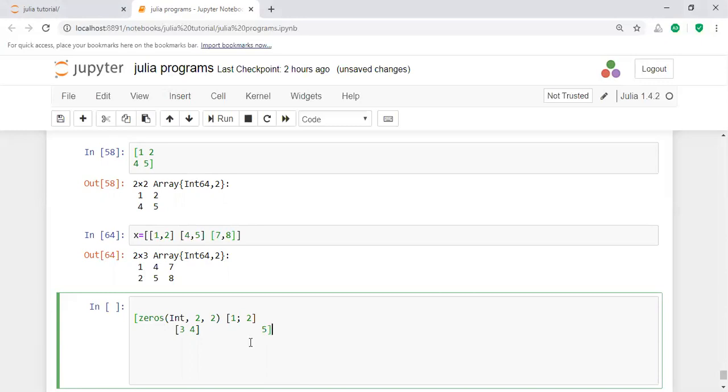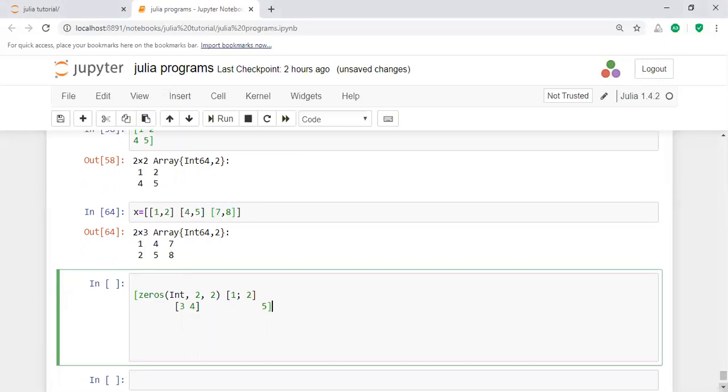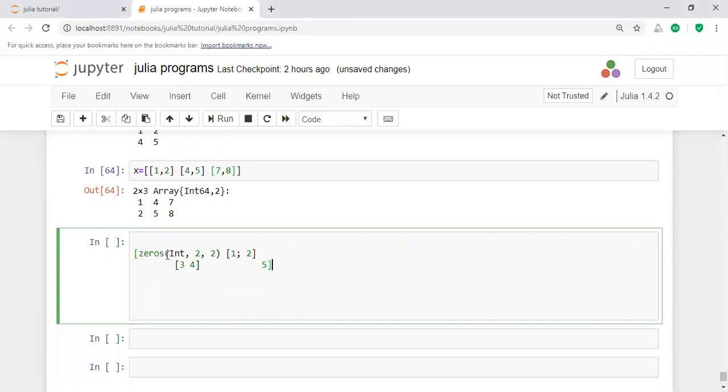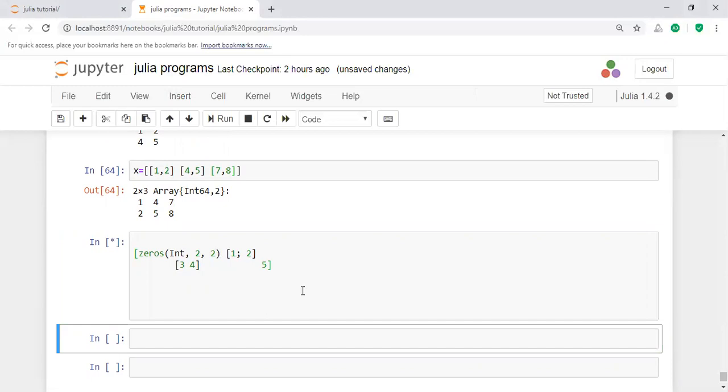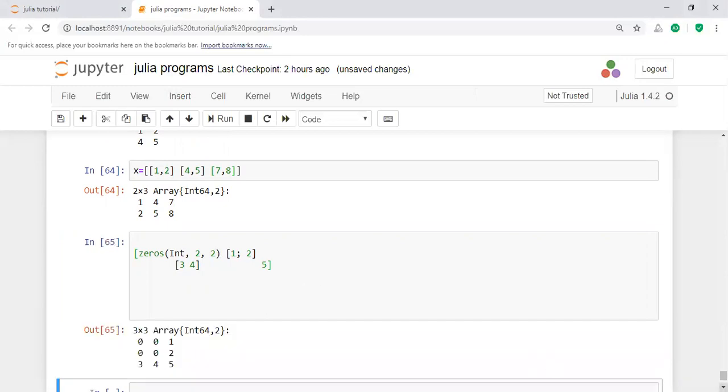Let us take x as an element here. What does the zeros function indicate here? The integer value. The integer value here is a 2 by 2 of 0. After 2 by 2, 1 comma 2, 3 comma 4, and then 5. If you get this result, you will examine the value here.